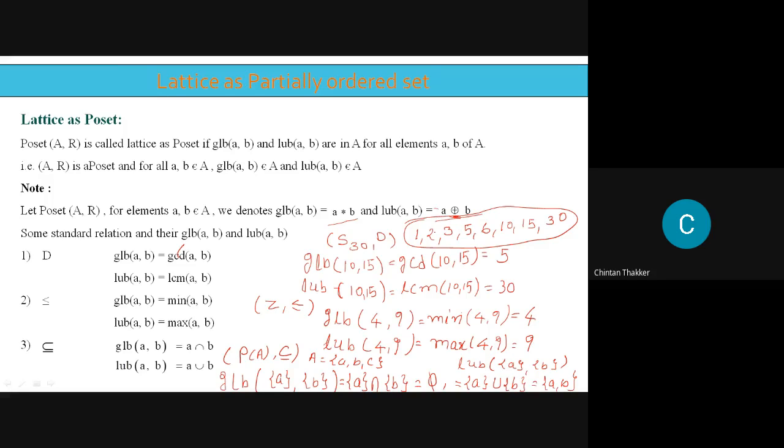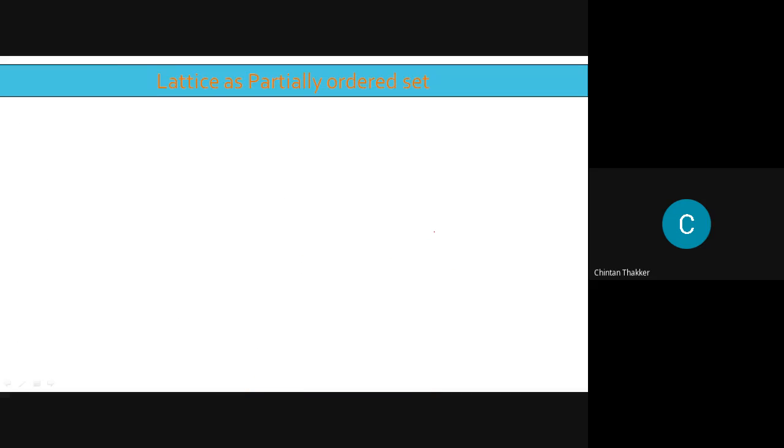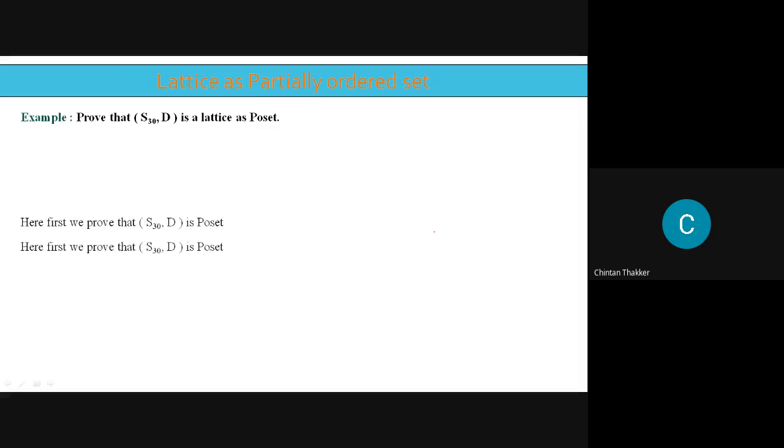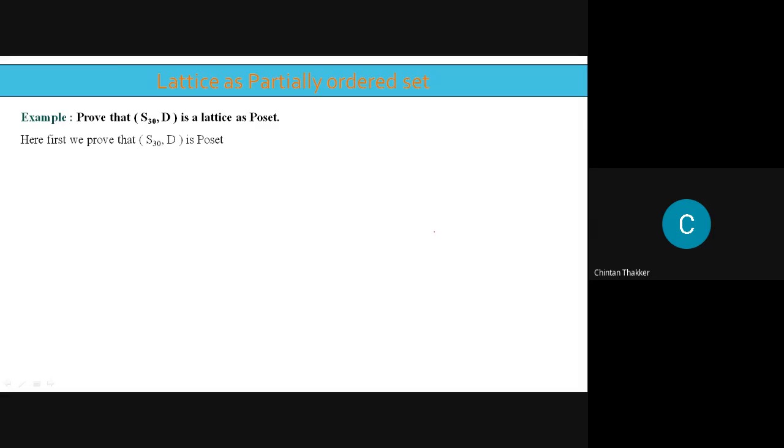Now we take examples so you can understand this easily. The first example: (S30, D) is a lattice as a poset. So here, the first way is to prove that (S30, D) is a poset, और वो हम बहुत बार कर चुके हैं, तो इसलिए पोसेट प्रूव करने का ये क्वेश्चन मैं आप पे बोल रहा हूँ।